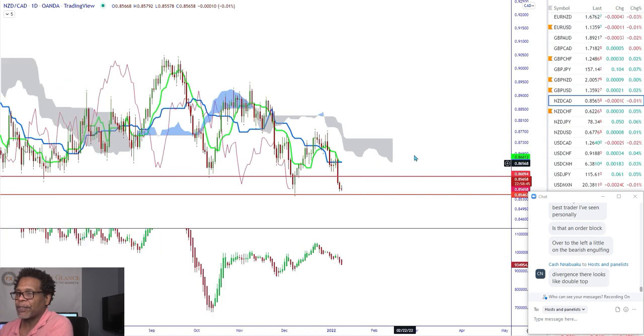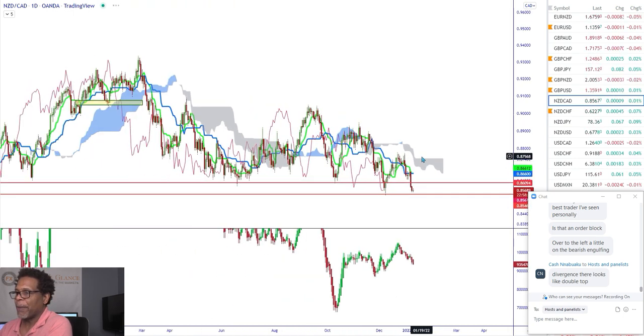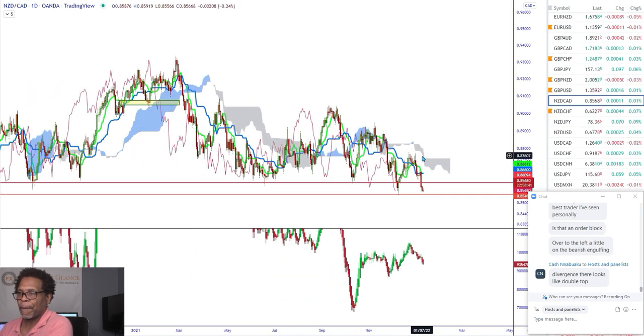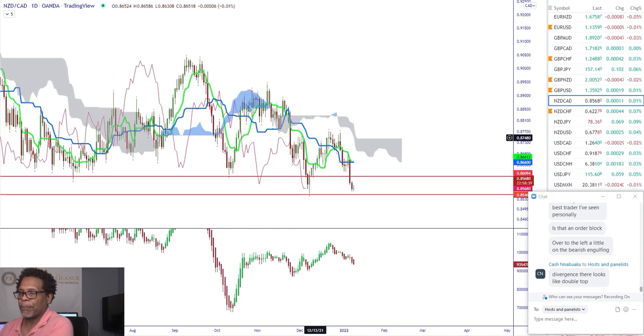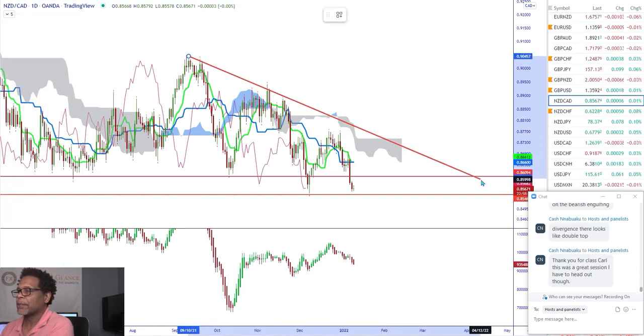I think we're going to start to see a ranging market. So what we might be seeing, and that wouldn't even be a descending triangle pattern because we kind of broke structure a little bit, but that's what we're starting to see, something like that, pretty much. You see where I'm saying? So this is where I'm seeing this low here, maybe pushing back up into this area, then dropping again.